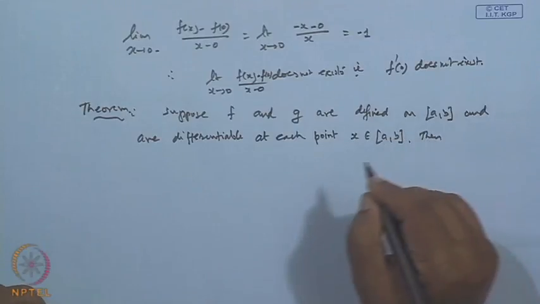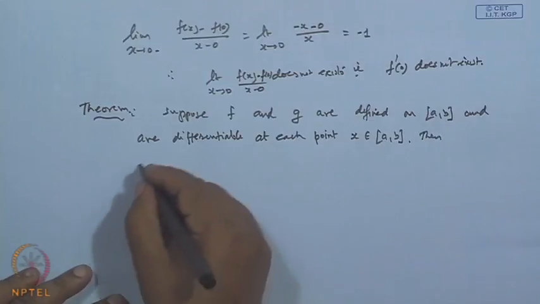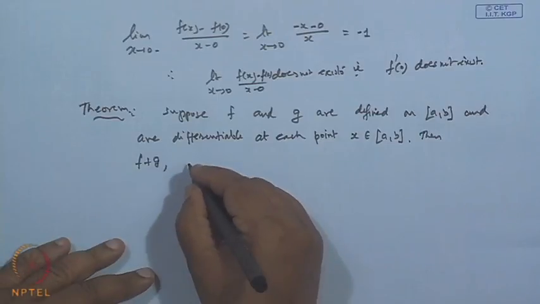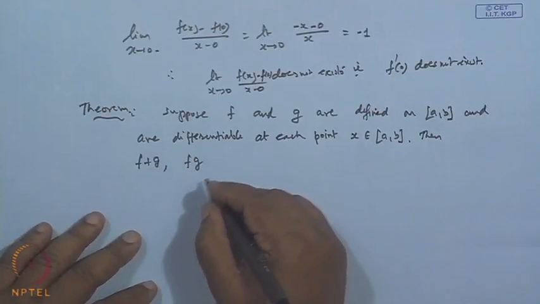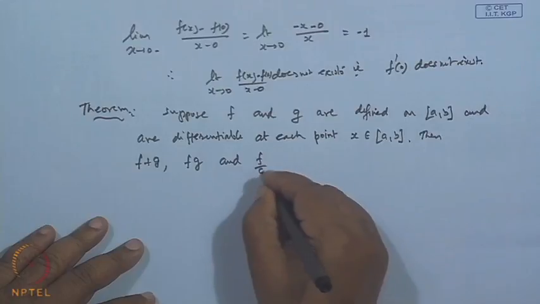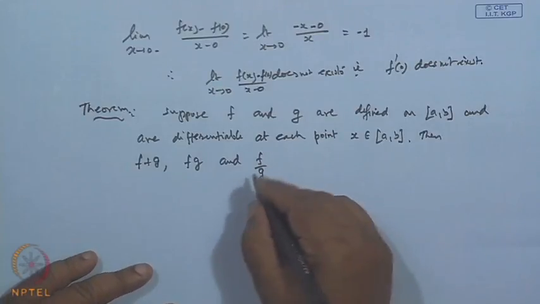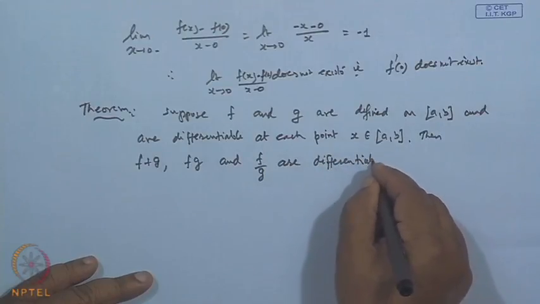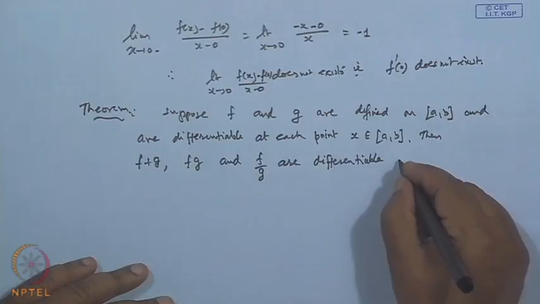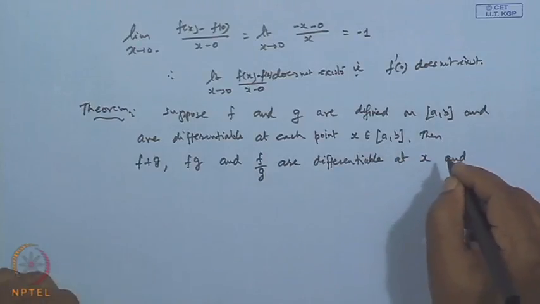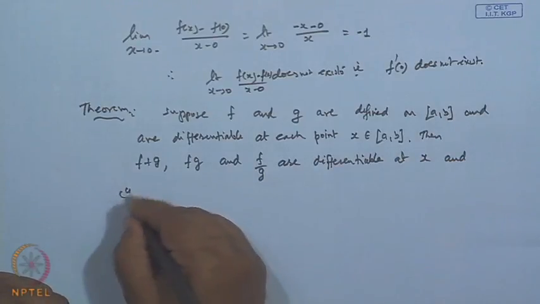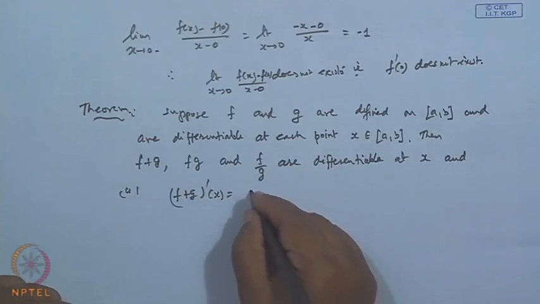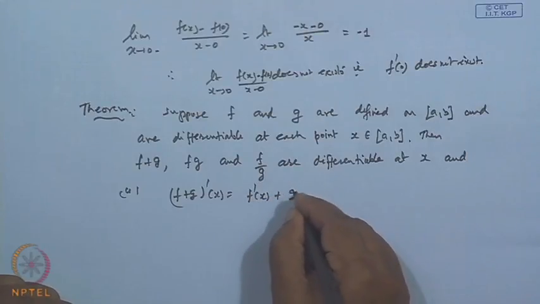Then f plus g, f minus g, f g and f by g are differentiable at x, and the derivative of the sum is the same as f prime x plus g prime x,